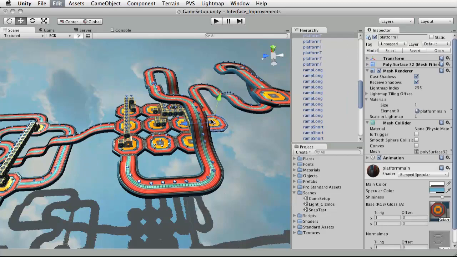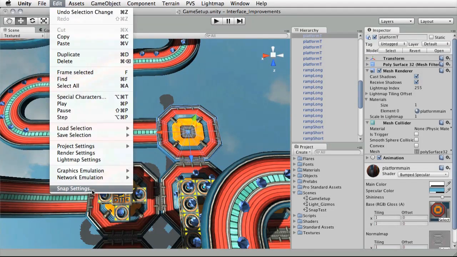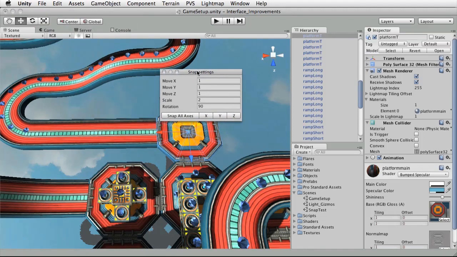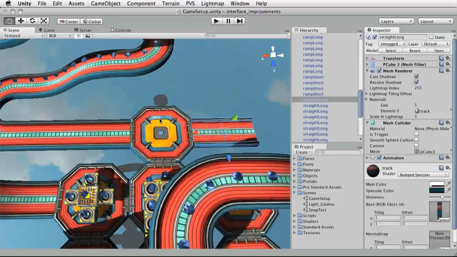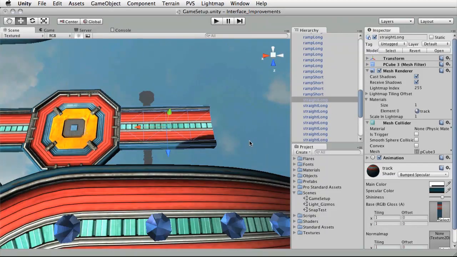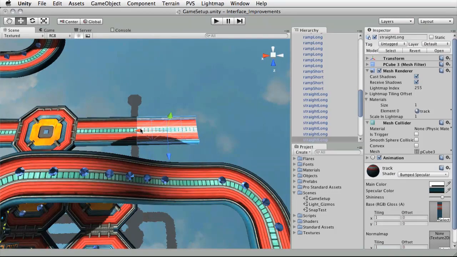In 2.6, if you wanted to do this, you could use incremental snapping. So you could set up units what you could snap to and scale to and rotate to. So you'd start off, you'd duplicate this, and you'd snap along holding down Command or Control and snap over to this place, and that works. And you'd keep creating your level, and as long as you were just going in one direction here, it worked